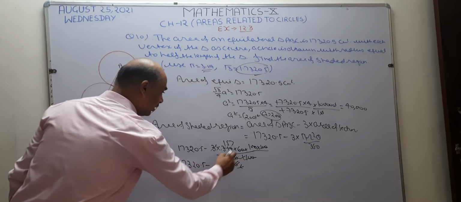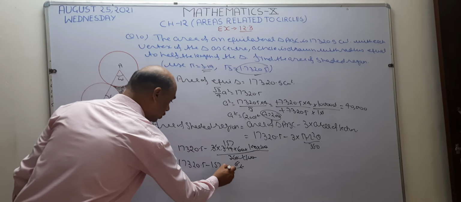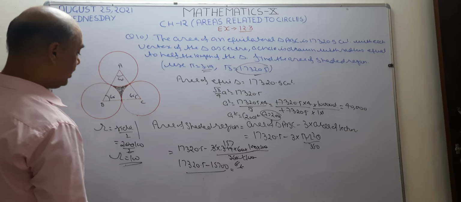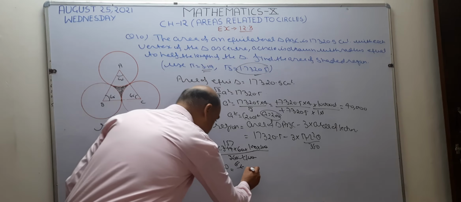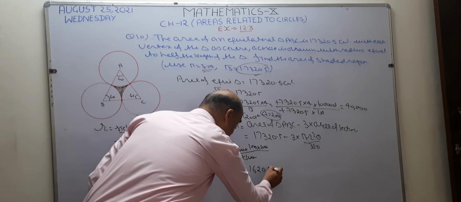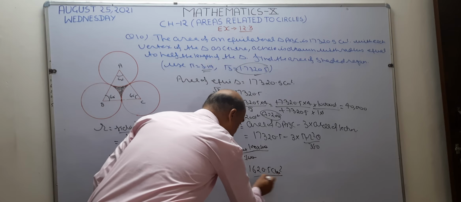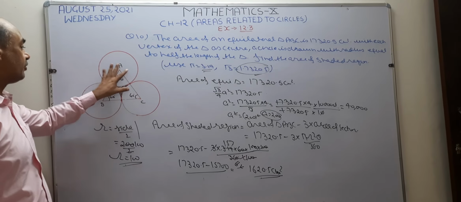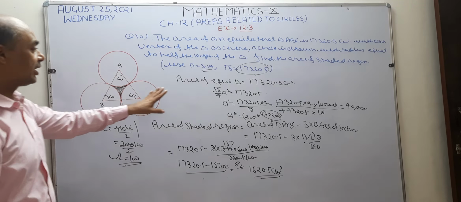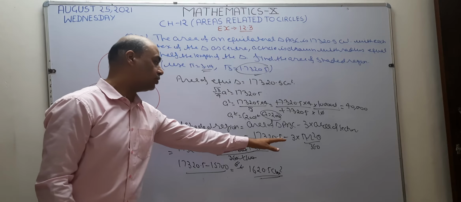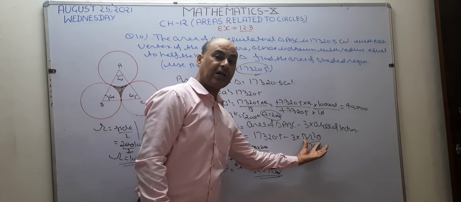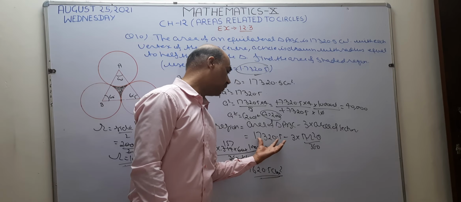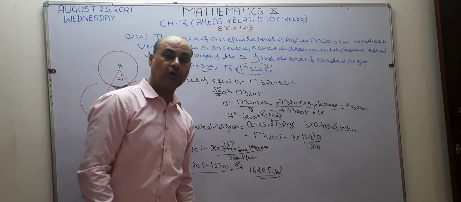So 17320.5 minus this going to multiply 100, this becomes 15720. When you subtract 15,700 from this value, answer becomes 1620.5 centimeter square. So this is the area of shaded region. Okay, simple formula you are going to use: area of triangle minus area of these three sectors. Area of triangle already given, take as it is. Simple, you are going to find the area of sector 3 times because three sectors are there. Subtract area of three sectors from the area of triangle. So this is the required answer. Okay.